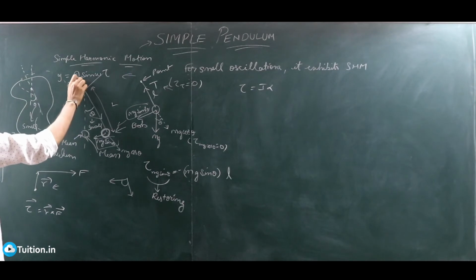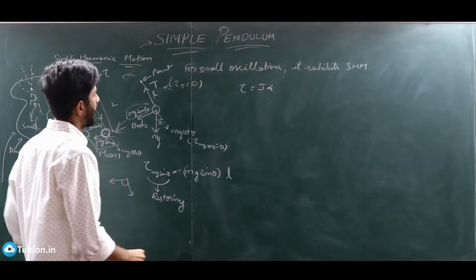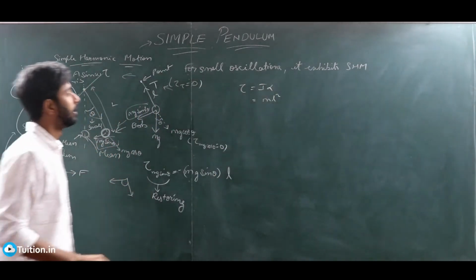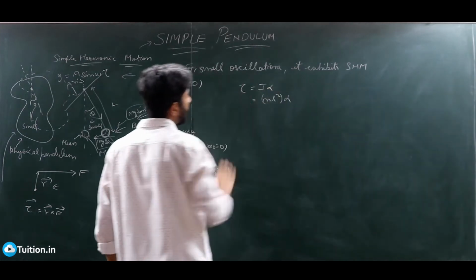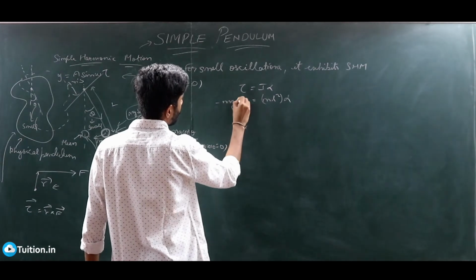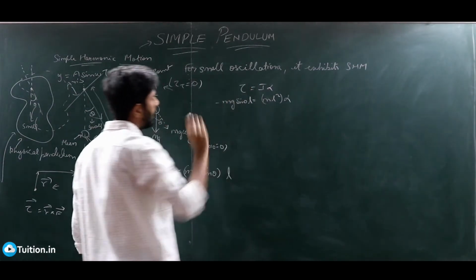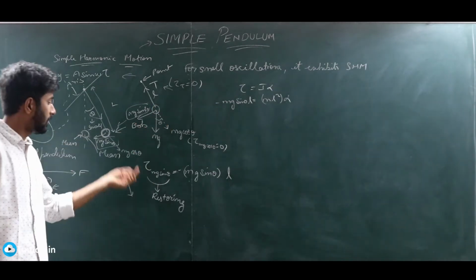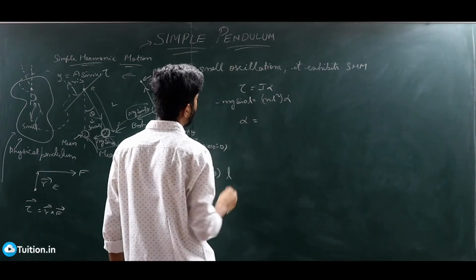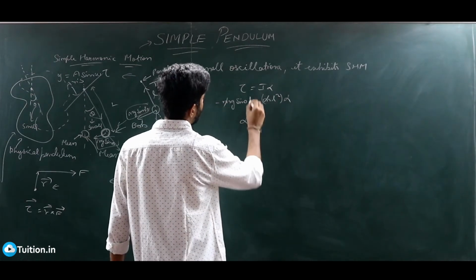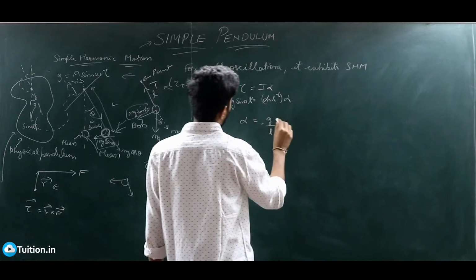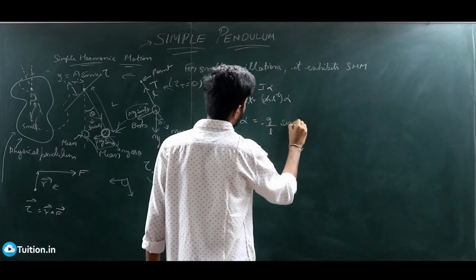So what is the moment of inertia of the bob about that axis? It is nothing but ml square, because I'm treating my bob as a point mass right now, right? So ml square into alpha can be equated to my torque, which is my restoring torque here, minus mg sin theta into L. And by the way, why am I calling it minus mg sin theta? Because it's restoring, right? So alpha can be now written as, your m will get cancelled, L gets cancelled, you have a g by L with a negative sign, and then you have sin theta, right?